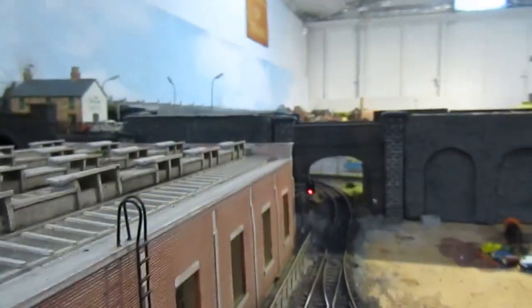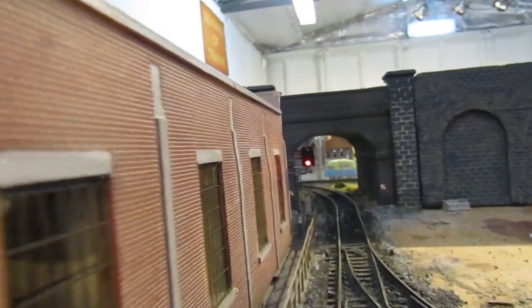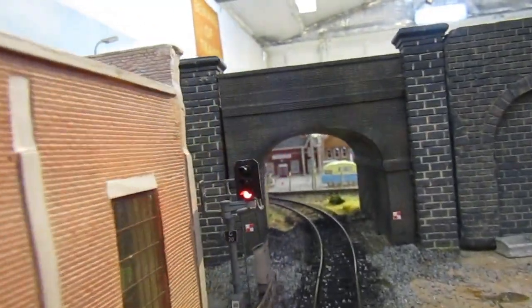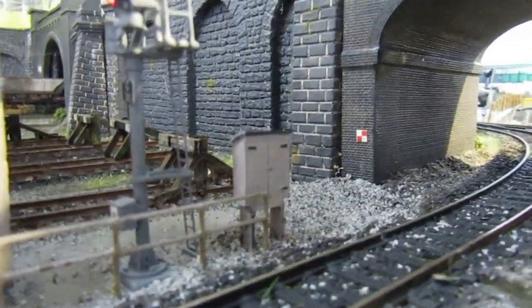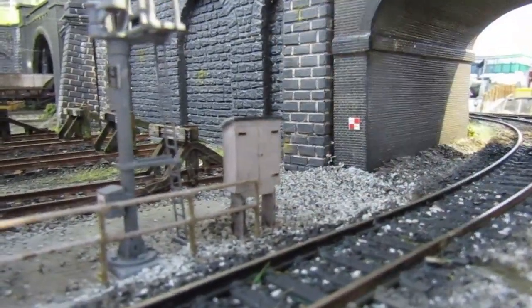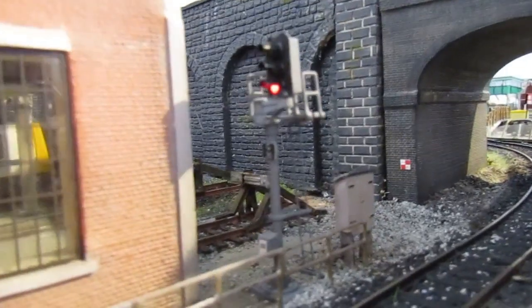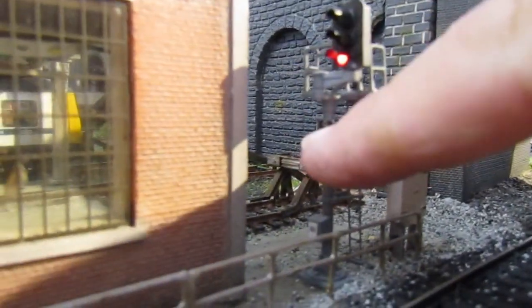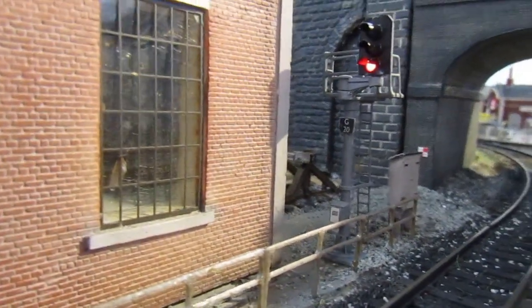So approaching the depot, on the way out you can see the signal protruding to the right hand side on a little arm, and just needed a bit of modifications on there, and I like it. Yeah, it's come out really well. Got this little box here with a box of tricks of electrics in there, electronics, which was from my dad's layout. Added the plate here for its registration, whatever you call that. The number of the signal there,